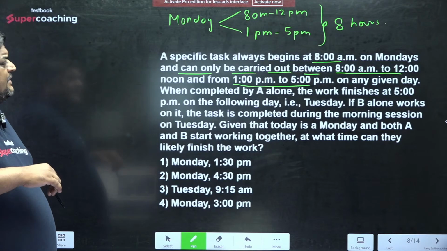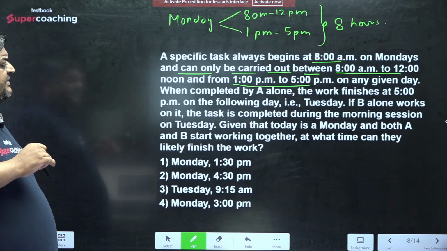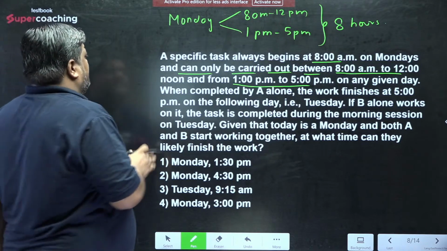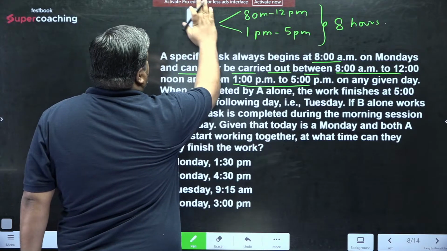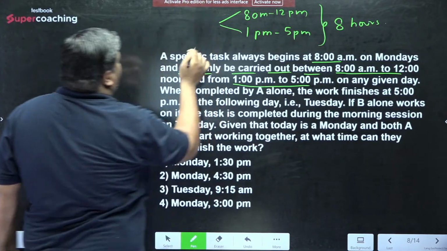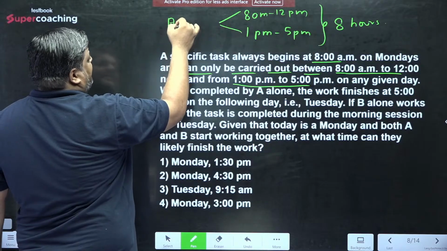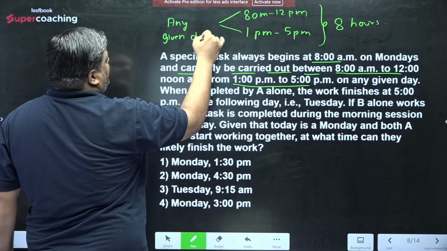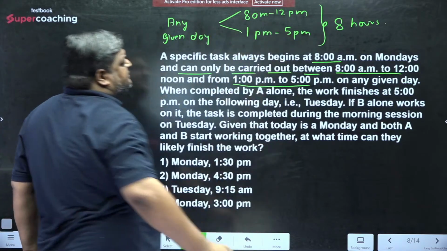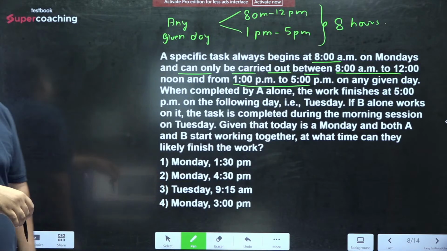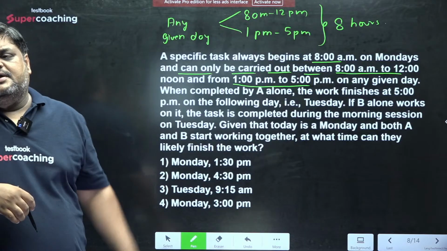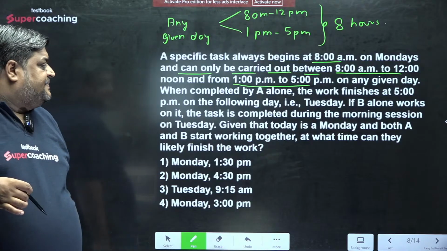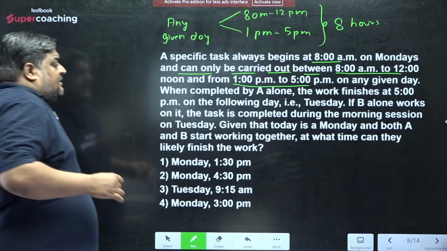And this is not applicable for 1 day. This is applicable for any given day. Okay, when you read the question, you will understand. तो अगर ट्यूसडे को भी अगर आपको काम करना है, तो these are the slots in which you can work. काम पहले फिनिश हो गया तो well and good. If not, तो these are the slots where you are allowed to work. Okay. अब देखो